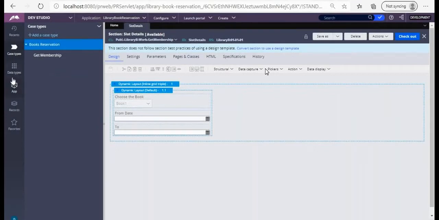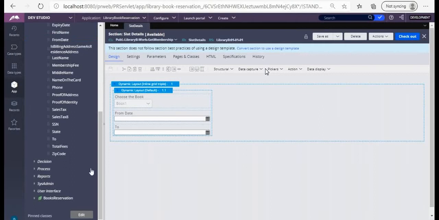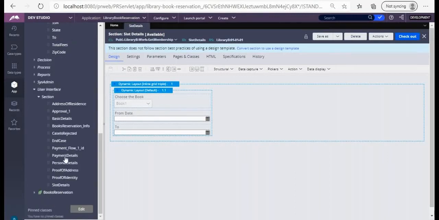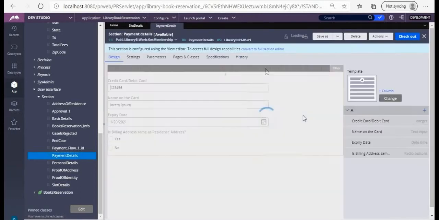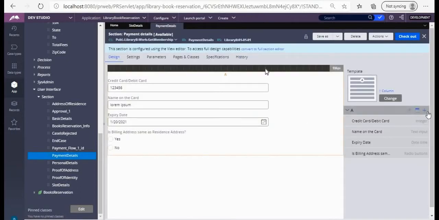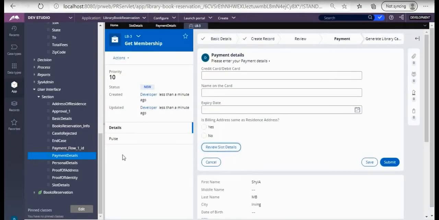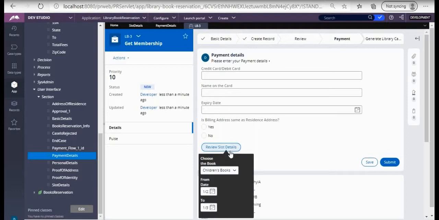So what we do is, you said we want one button there. Where do you want to have the button? You want the button in the payment. So this is payment details. Right. Yeah. So here you want to add a button. So let's check the button. Okay. Yeah, but you cannot. It's just a review. That's it. Smart show. That's it.